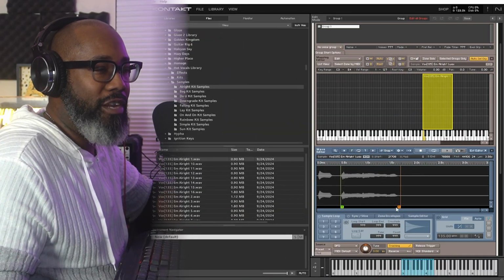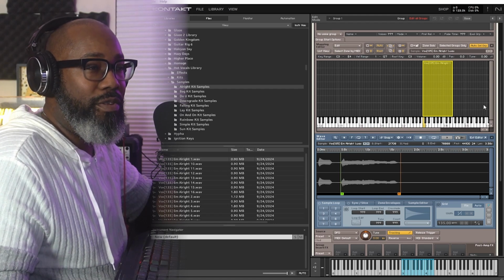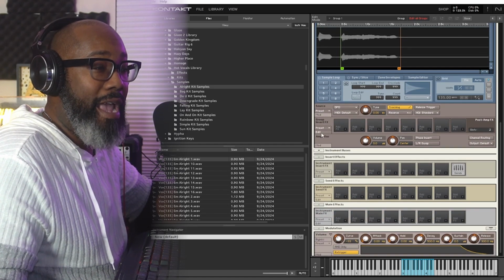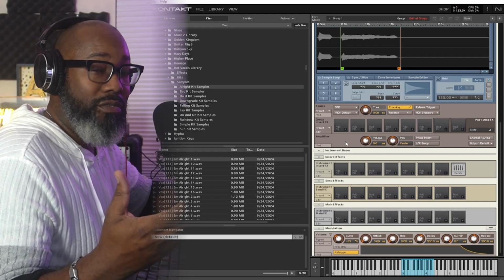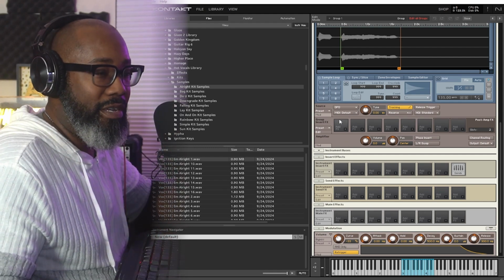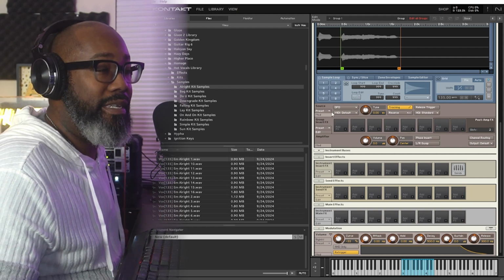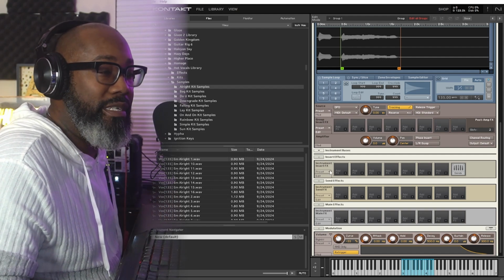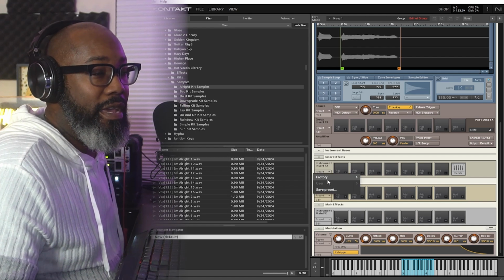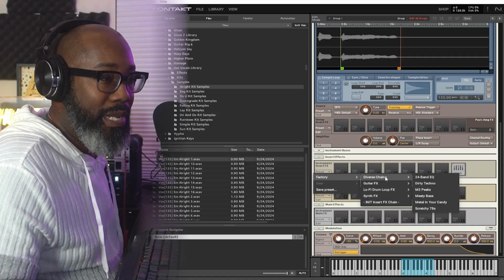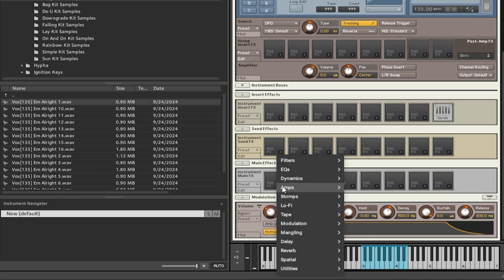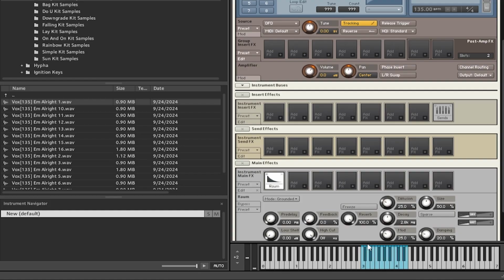The way that you go and actually do effects to them, you just scroll down and you have your actual presets. You have actual Native Instruments effects that you can use inside of it. So let's just say for this case that you wanted to do a preset. So for insert, you can go here, go to factory, and you have these that you can play with. Let's go ahead and just add an effect. We'll do reverb and room. Now what it does, you can actually go change any of these settings to whatever parameters that you want. But for this case, I'm going to leave it just like it is, just so you can hear actually how it sounds.